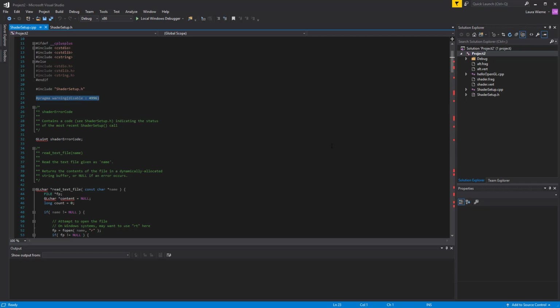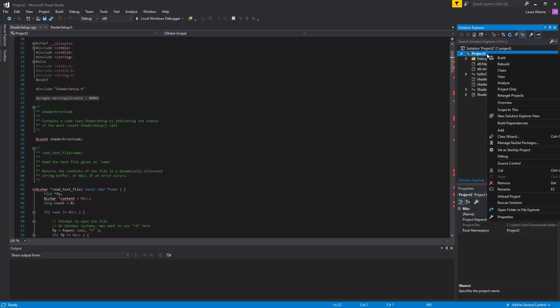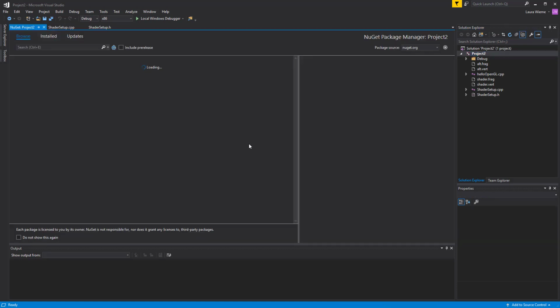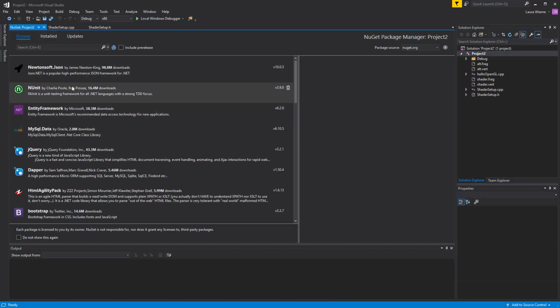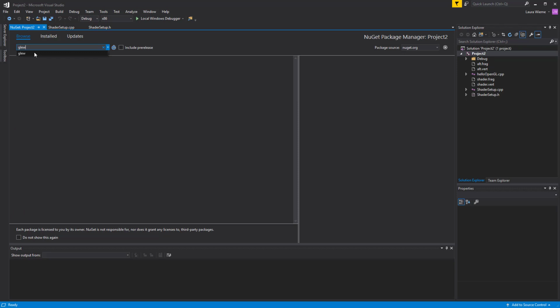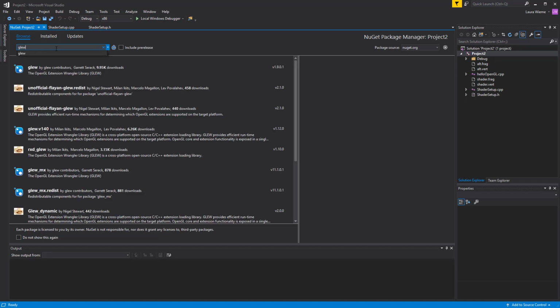Okay, so next up, how do we get GLUT and GLEW and all the OpenGL goodies that we need to have linked to our application into Visual Studio? The easiest way I would suggest is to use NuGet. So if you select your project, right click, go to Manage NuGet Packages. This will bring up different frameworks that you can easily link into your projects. So if you search for just about any of the includes that we need,